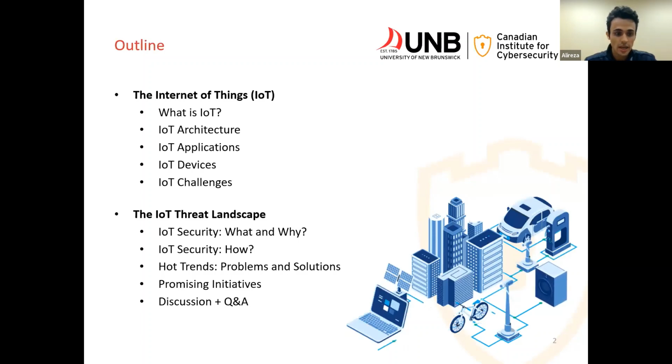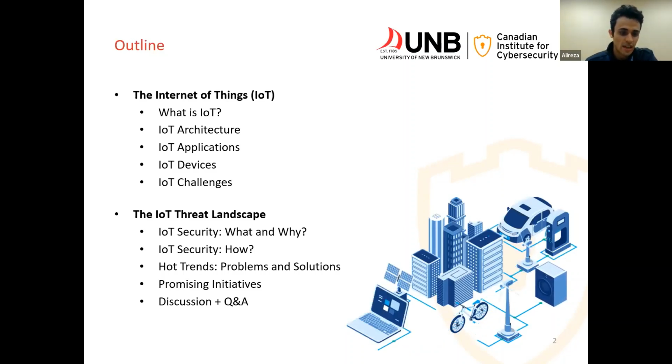What is IoT? Some definitions and explanations about IoT. Then I will discuss the IoT architecture. It's a very generic architecture for IoT, and then we'll discuss some applications and see the types of devices that we have in the IoT environment. And then we'll discuss some of the major challenges that IoT